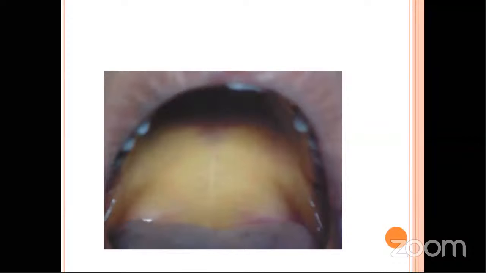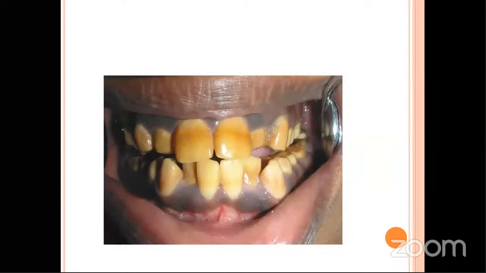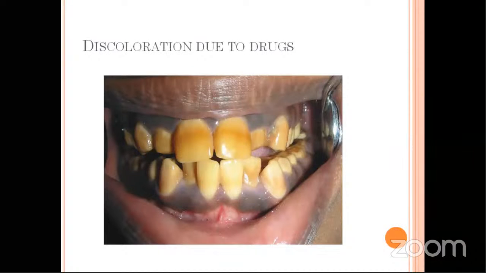And here is a yellowish discoloration of the mucosa with the patient giving history of elevated temperature, jaundice. Okay, and here the patient gives history of tetracycline intake during the mixed dentition or during her 5 years. When they ask this kind of question, it is discoloration due to the drugs. Okay,